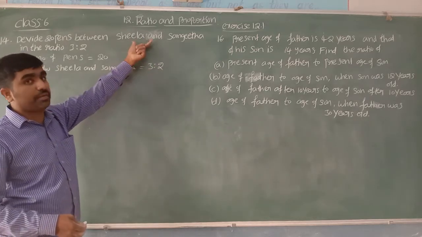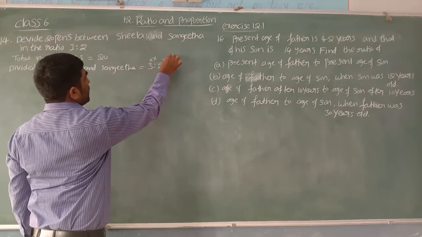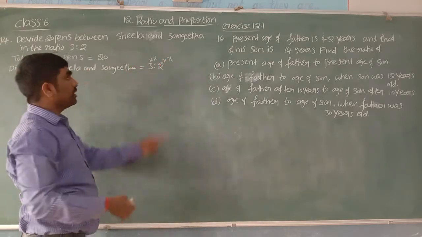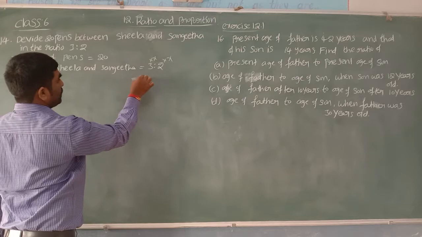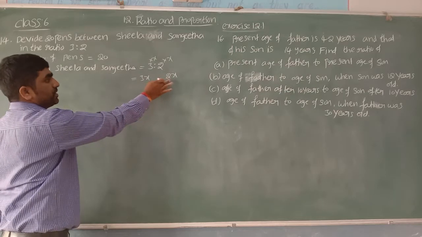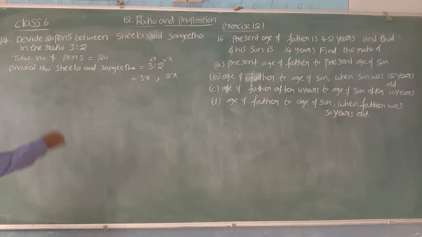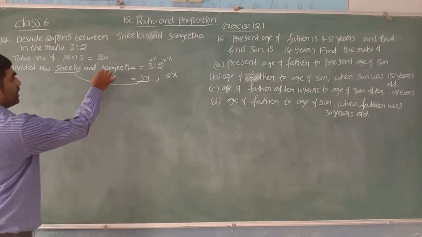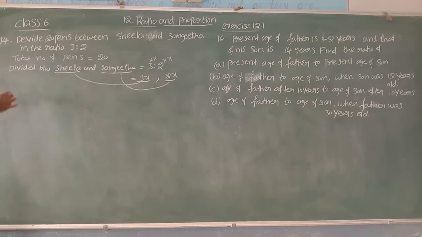So how can I get the before numbers? To get the before numbers, multiply both the first and second terms with the same letter. The reason is they already cancelled the same common factor. Let me multiply with the same common factor. Let it be x. Now multiply: 3 into x, 3x, and 2 into x, 2x. Now these are the previous numbers. After getting the previous numbers, you can write a comma. No need of ratio. Now here we can say Sheila received how many pens? 3x. And Sangeeta received how many? Sangeeta received 2x.